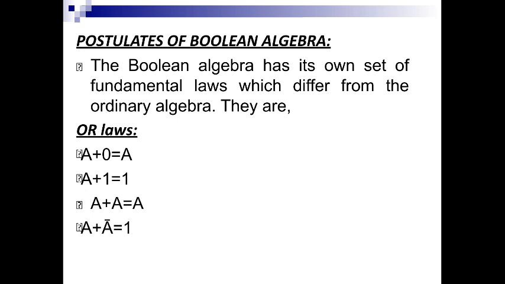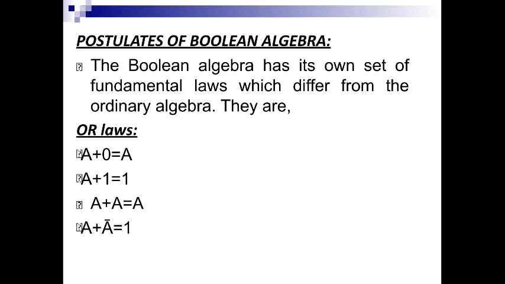You have the postulates of Boolean algebra. You need to know each and every postulate. If you know them, then you can easily solve any expressions. You can easily reduce a larger expression to a smaller expression. Or if you want to convert into canonical form, you can easily convert from whatever simplified equation they have given. You can take that and convert it into canonical form, which we have already seen. We have already used a few postulates from all this that we have studied. So we learn these postulates.